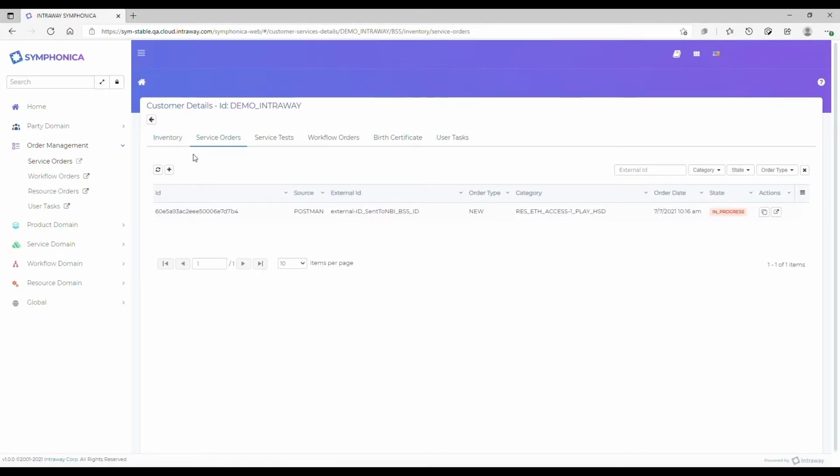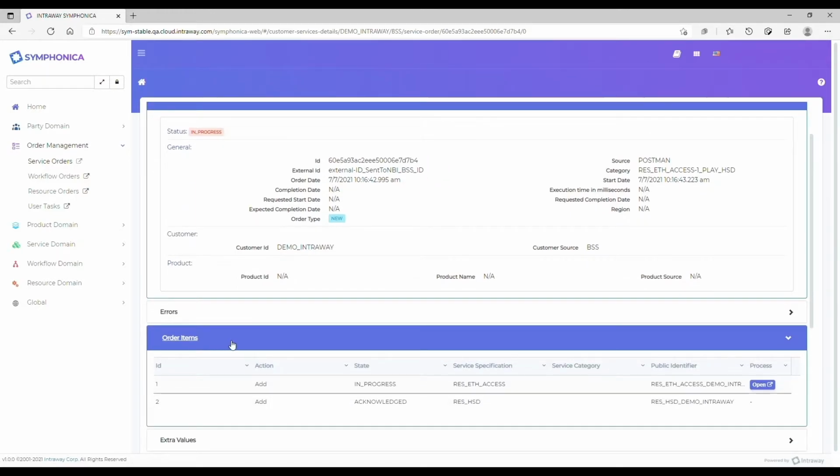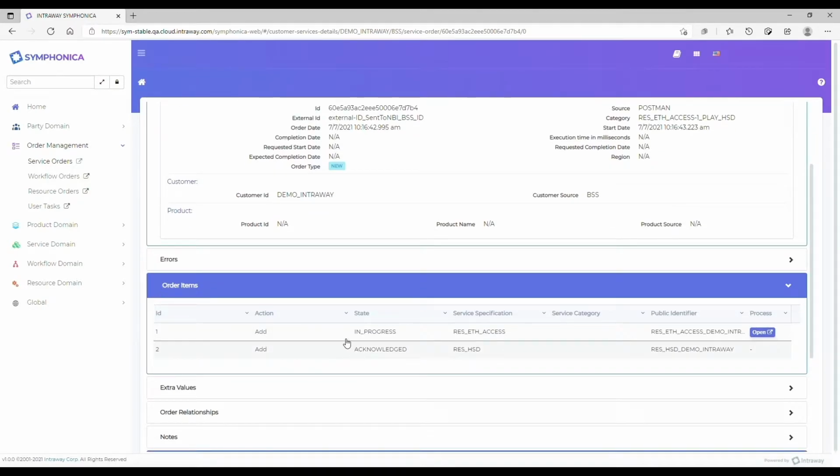In the Service Orders tab, we can see that the order has an in-progress status. Symphonica allows us to see the details of the order. When clicked, the detailed content of the service order will be displayed. In the Summary section, we have relevant information about the order. The Order Items section contains the actions that will be executed in the order, in this case the RES-ETH access,